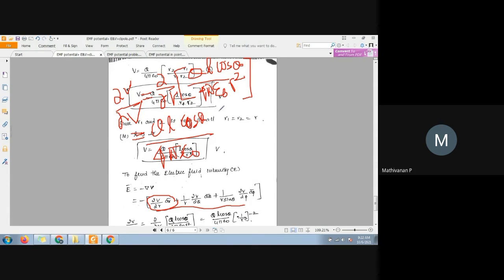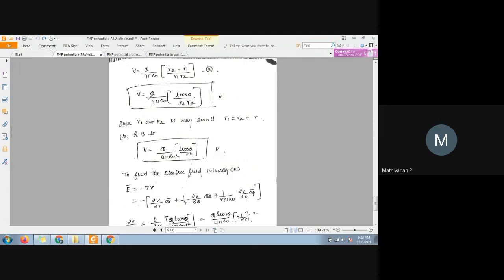QL cos theta is constant, divided by 4 pi epsilon naught is also constant. So the differentiable term is ∂/∂r into 1 by r square. What is the differentiation of 1 by r square? It is minus 2 by r cube. Yeah, so this is the differentiation. Now what will be the final expression for this one? I will remove this one, so I need space.